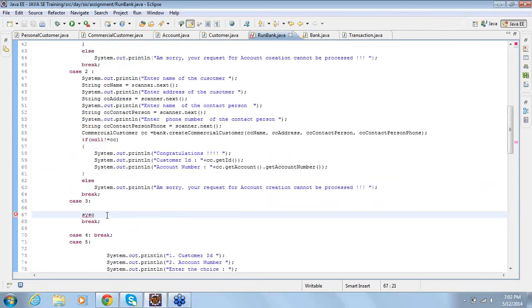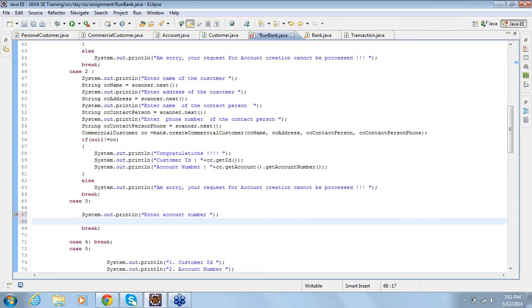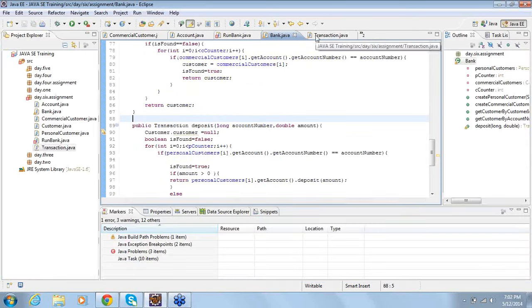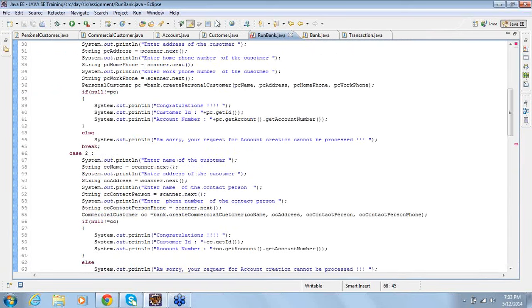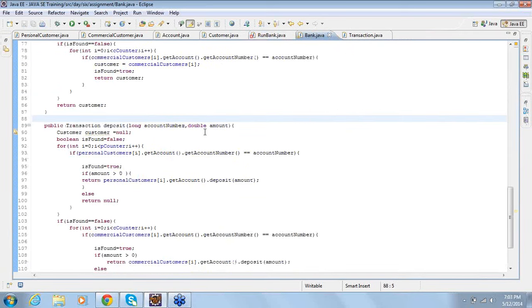So let me give him. Enter account number, long. For deposit you are asking for account number. So let me check, are we doing a deposit on account or not? Yeah, deposit on account number itself.